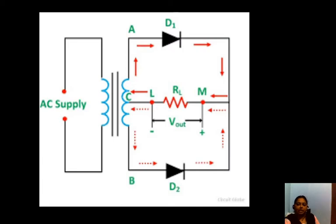It is an additional wire that is connected at the exact center of the secondary winding of the transformer, and this connection divides the secondary voltage into two equal halves, one positive voltage and another negative voltage. The total voltage of the secondary winding will be the sum of the positive voltage as well as the negative voltage. And here the two diodes are used